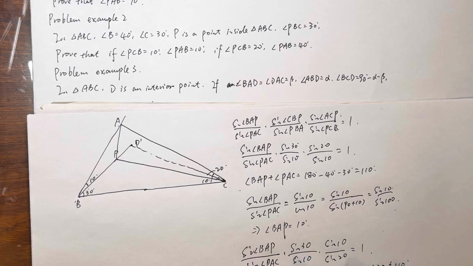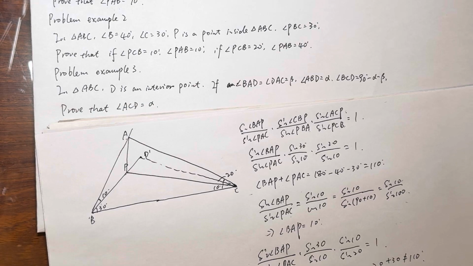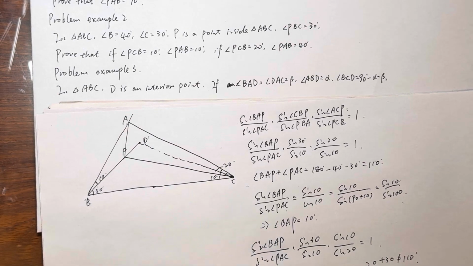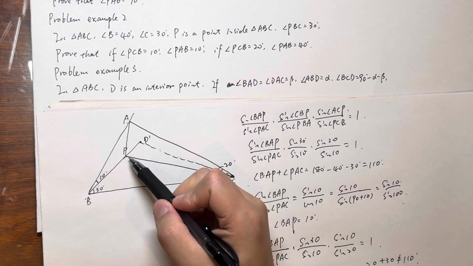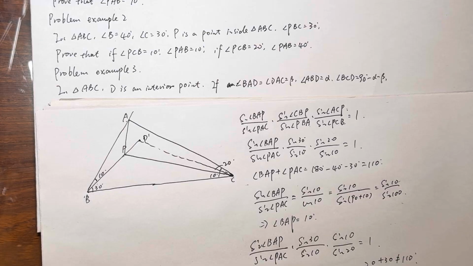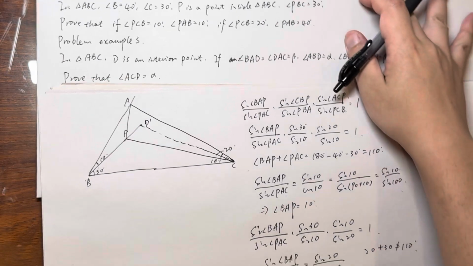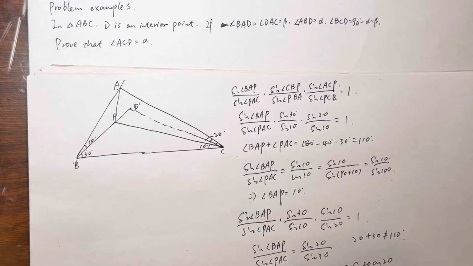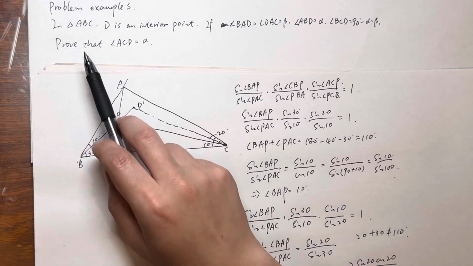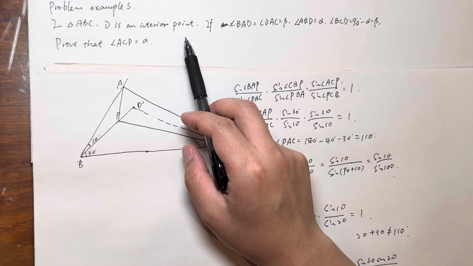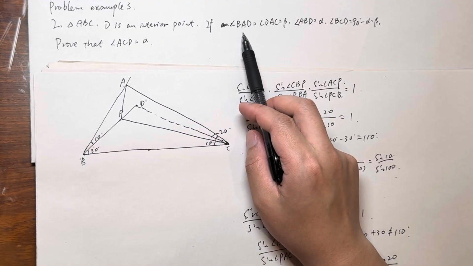So this just shows you how to solve this kind of problem. Because the problem set already tells you that this point is inside the triangle ABC, and we want to connect PA, PB, PC, that means PA, PB, PC are already concurrent at one point, so we can use Ceva's theorem. Okay, for problem example 3: in the triangle ABC, D is an interior point, if angle BAD equals